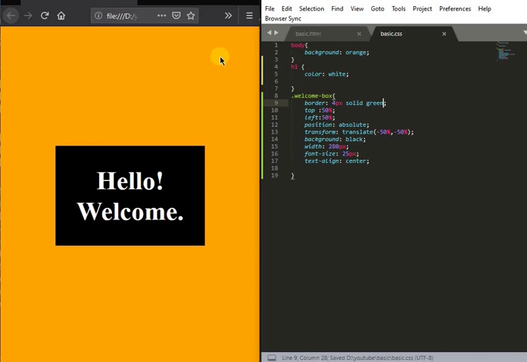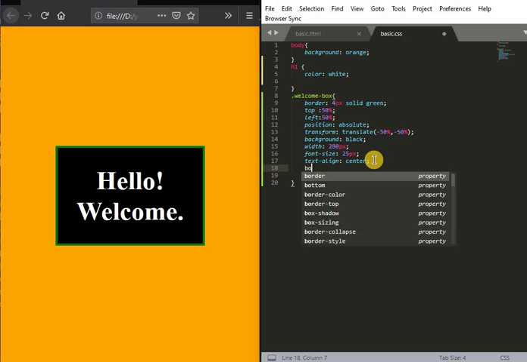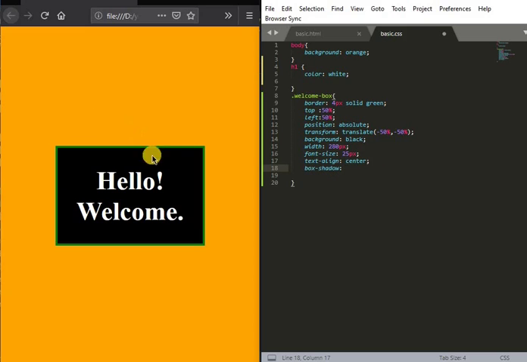Okay, so now it is green. Another interesting property is box shadow. What it does is it gives a shadow to the box. The syntax for this is, first you need to specify the x coordinate. I am taking it as origin, x coordinate, then y coordinate. It means the main focus is here and then it spreads. So x coordinate, y coordinate, the amount of shadow you need, I am giving 8 pixels for now. And color, I need a black shadow. So you can see it gives a black shadow.